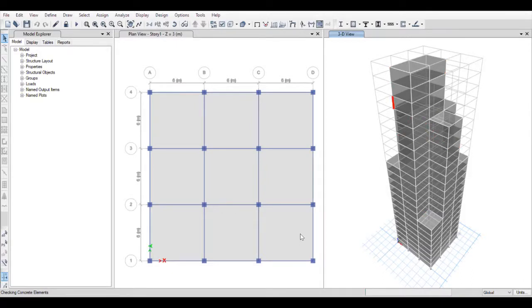My PC is working a little bit slow. It may happen that in your case the design would be fast. Now as you can see, 440 frames need to be redesigned and analyzed again.